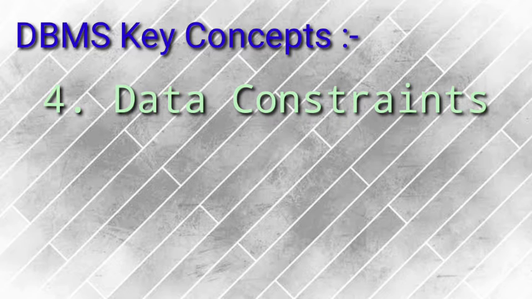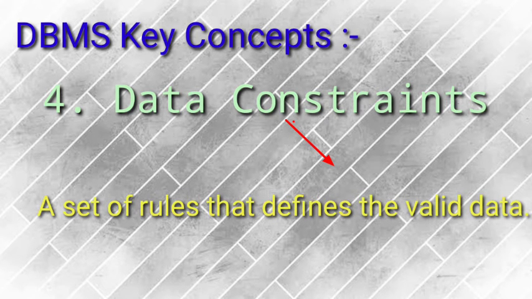That is how the name field can be validated: a string value should be entered in the name field, and an integer value can be entered in the roll number field or a class field. Those rules and regulations are defined as data constraints. The most primary constraints are primary key, unique key, check constraint, default constraint, foreign key. Many others are there. We will be reading about them when we start creating the table in SQL. So you can just understand it like this: the rules which validate the data are called data constraints.